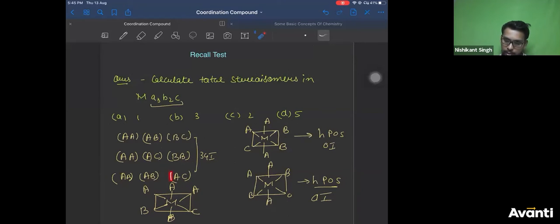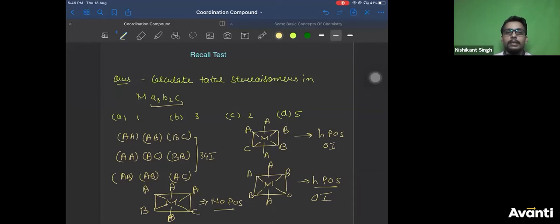Then you check the vertical one. You have AB and AC, again not same. This AA, BC, again not same. Right? And then check this one. Diagonal, not present. Check this one. Again diagonal, not present. Right? So this seems like having no plane of symmetry. We still should check it.